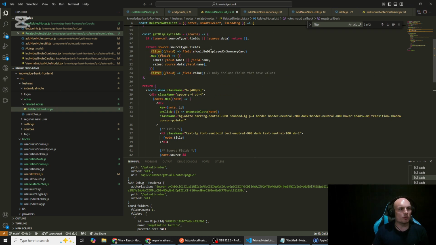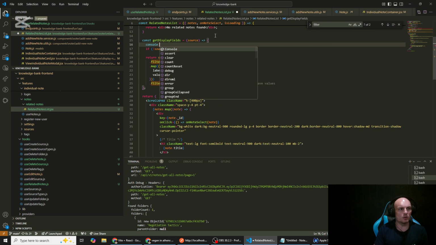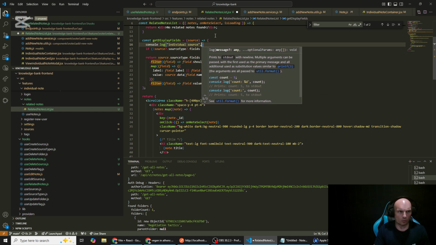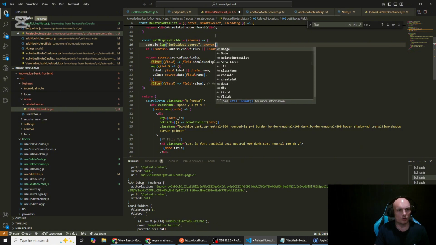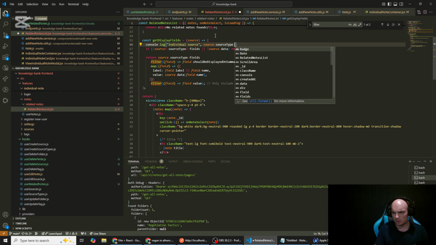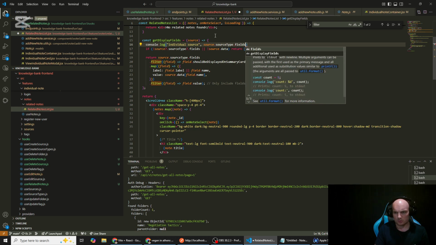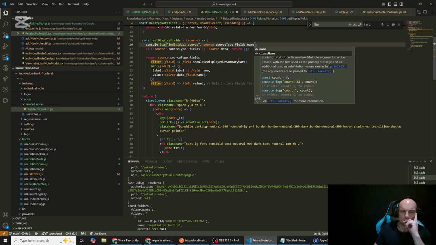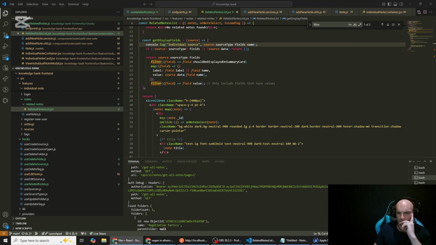I don't know why it's not picking up the source. So console.log individual source. Just trying to figure out where the mapping of the fields has gone wrong. So source type dot fields dot name should give us an individual. Let's just go to fields. Okay, dot data. Why don't I find? Maybe it's